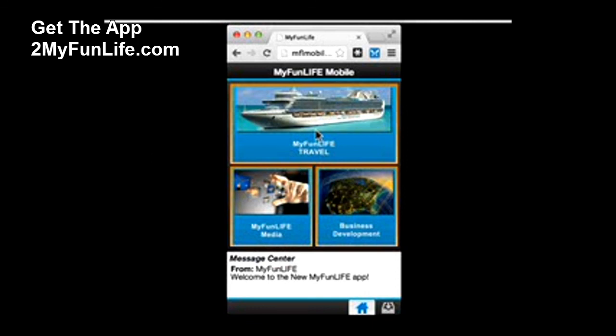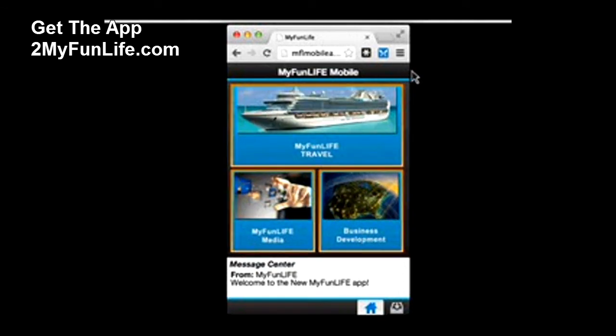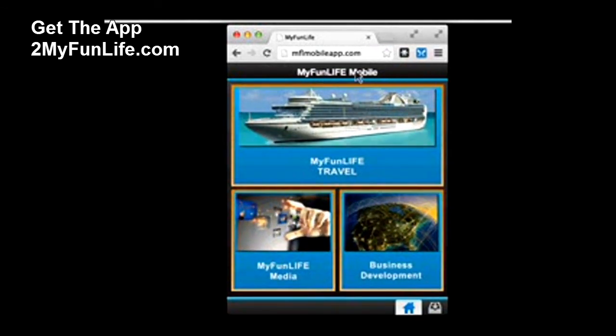Now, something that I've waited for till the very end here is the URL of where you're going to go to get access to this app, and it's going to be MFLmobileapp.com. That's what you're going to plug into your phone's browser. What I want to point out is that when you use your phone and you choose a browser, it needs to be Safari or Chrome. Do not use Internet Explorer, and do not use Mozilla Firefox. You're going to want to use Safari or Chrome, and you're going to plug in this address right here,